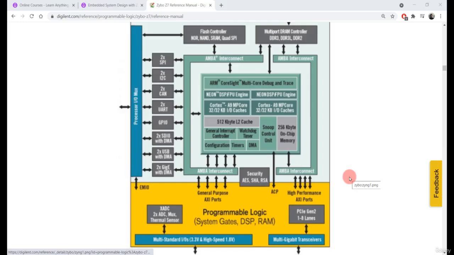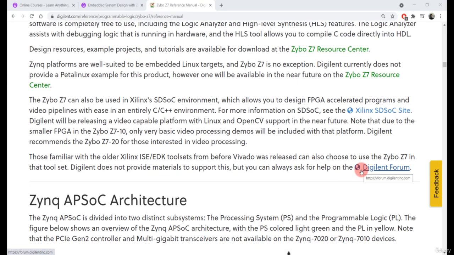So let us start working with an MIO, right? First thing that we need to do is to find out which all LEDs and buttons are connected to our processing system with an MIO, right? So that could be easily found out by looking into a reference manual of the specific board that you are